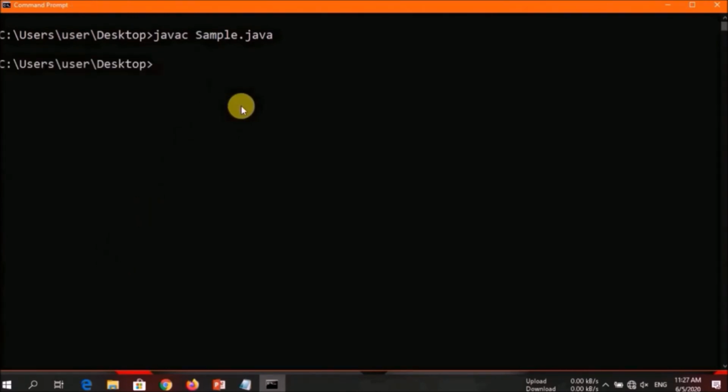You can see it has been successfully compiled, which means if you use the keyword public, if you make a variable, a class, or a method public, then it can be accessed from anywhere you want. So now again try to run it.